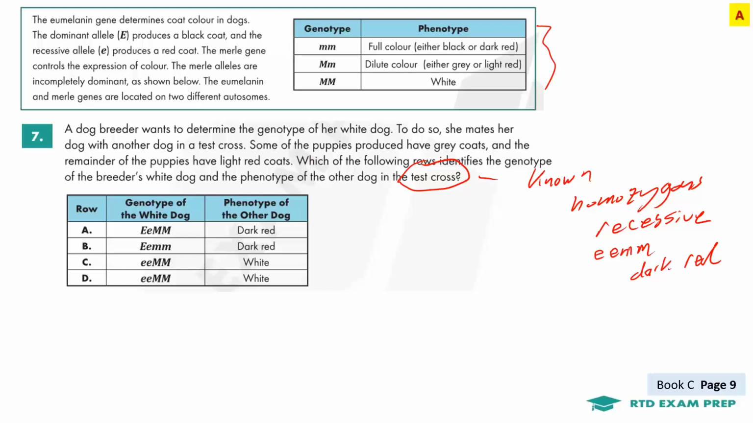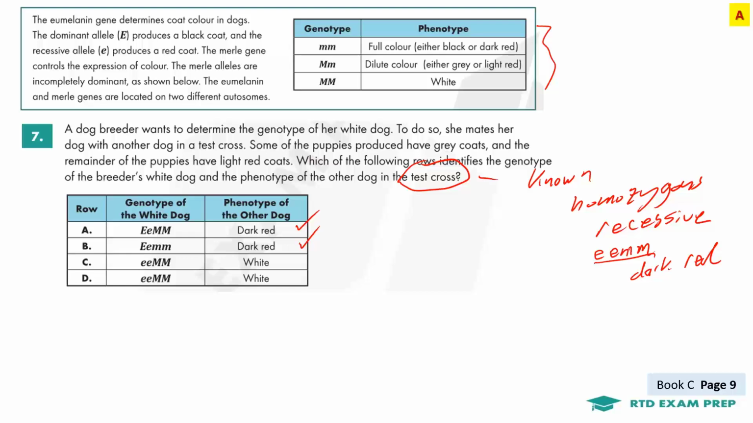So now we got to figure out what makes white, and they're going to use a test cross. They find out some have gray coats, that's a key thing, and some have light red coats. Let's take a look. If we know our test cross is dark red, it can only be one of these